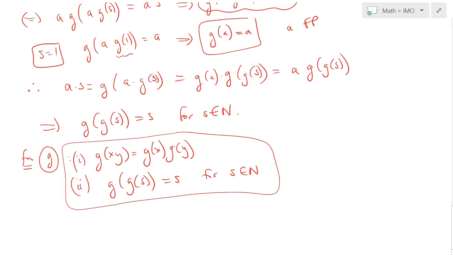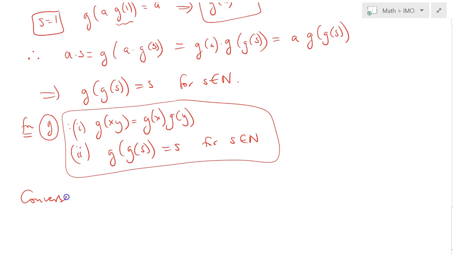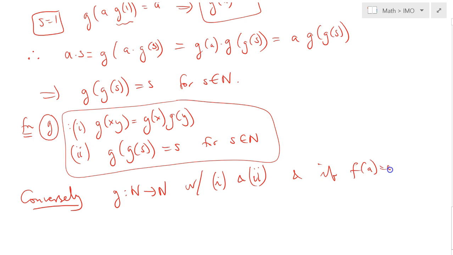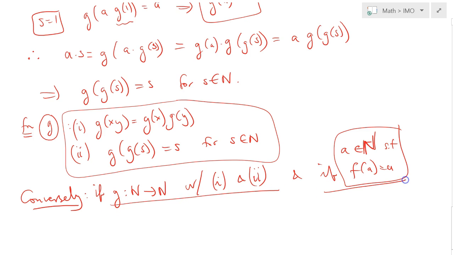Now we need to look into the converse statement. So conversely, we need to check if our function g defined on positive integers, which satisfies these two conditions, and if f of a is equal to a, where a is a positive integer, such that this holds, then it must be that